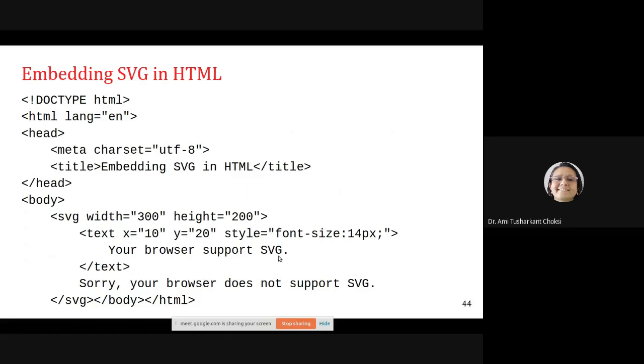If not, we will see, sorry, your browser does not support SVG. Then the closing SVG, body and HTML tags.